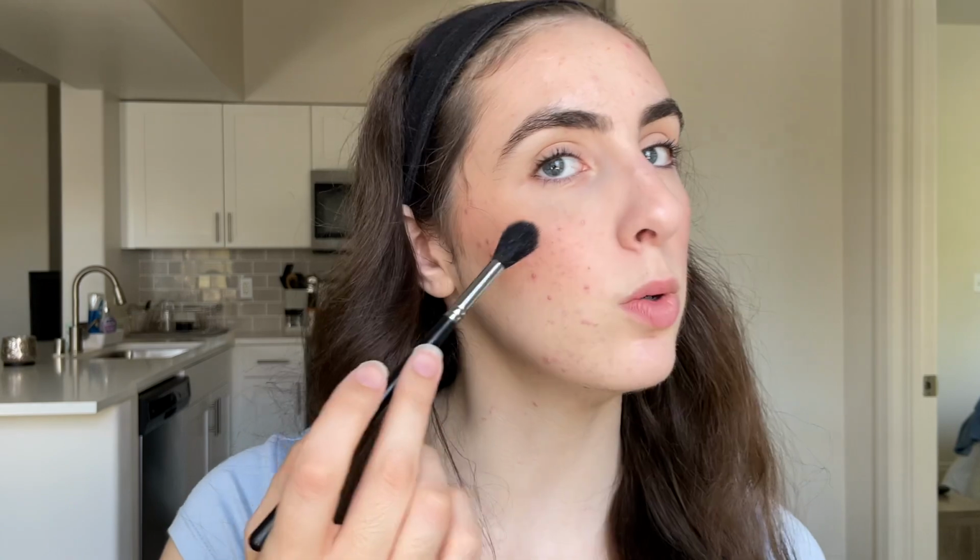I think these are the Rare Beauty Silky Touch Powder Highlights. This is the shade Enlighten. They call this a cool champagne. It is pretty much a white. I have to be very careful with this highlight because it is very intense, so I can only apply like